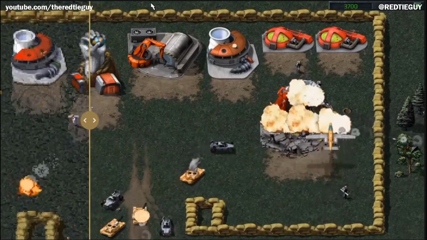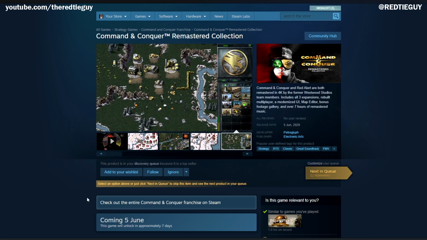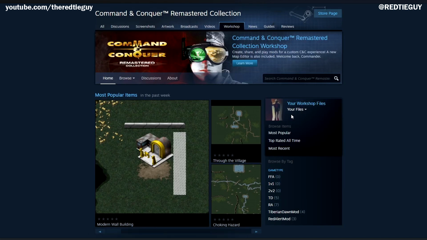So as I said, the only thing you need to do is search Command & Conquer Remastered Collection and then head over to that Steam page. Once you head over to that Steam page, if you haven't purchased it already, scroll down until you can see Visit the Workshop. All you need to do is click on the workshop and it'll show you all of the